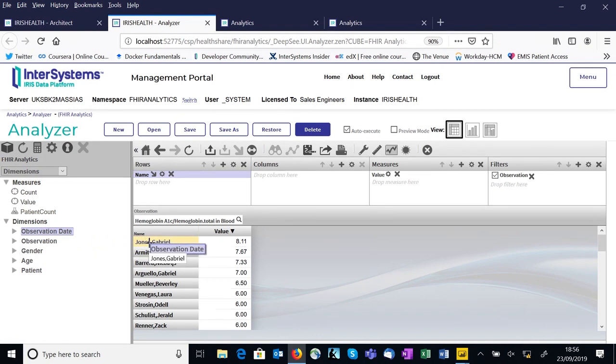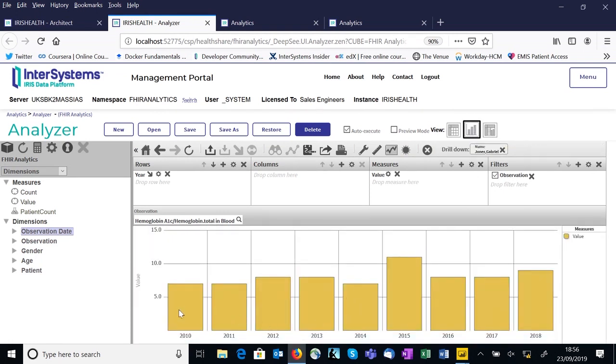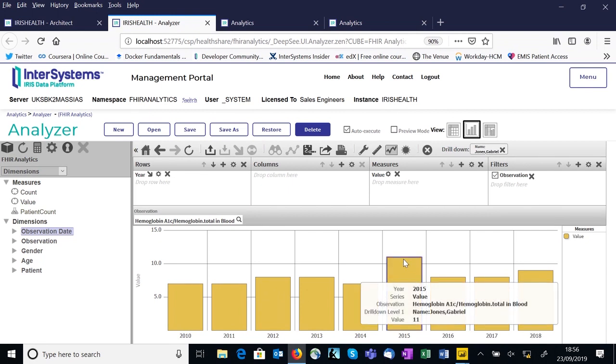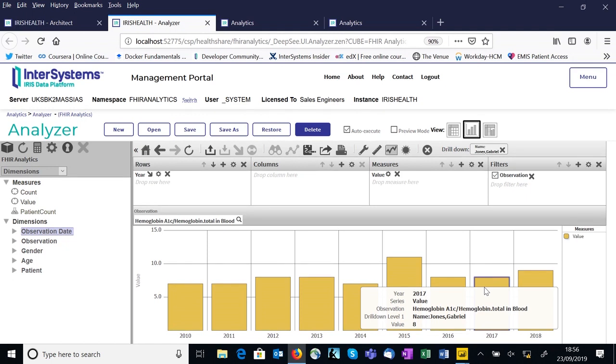So now I'm filtering on Gabriel Jones, and I can do a chart to show me his HbA1c was fairly static for a number of years. Then in 2015 it went up. Then I'm assuming some intervention came into place, and then it moderated itself. Okay, so very, very quickly you can deliver analysis on top of FHIR data by building a cube within IRIS